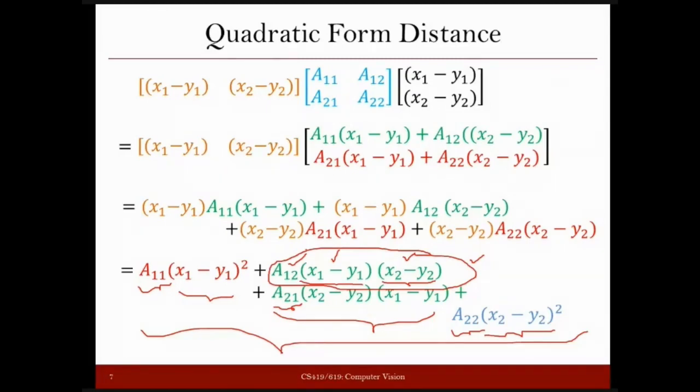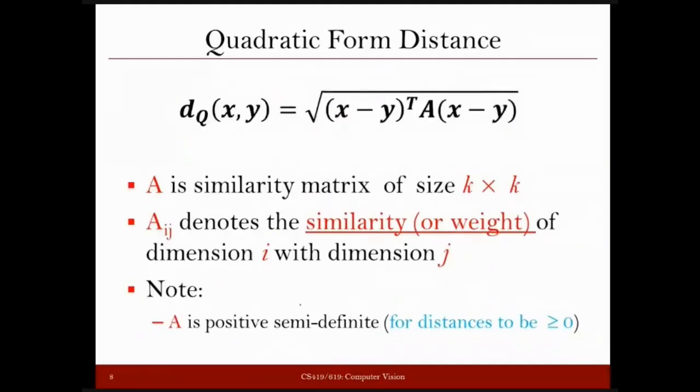Why less or more value? Because if they are related, then only they are going to be useful, so we should give more importance to them. If they are not related or are less related, then we should give less importance to them. So that is why we define the weights A12 or A21, or in general other weights, when associating the two features, based on how important that association is, or how much the two features that you are going to associate are related to each other. Okay, we'll see the example, then things will become more clear.